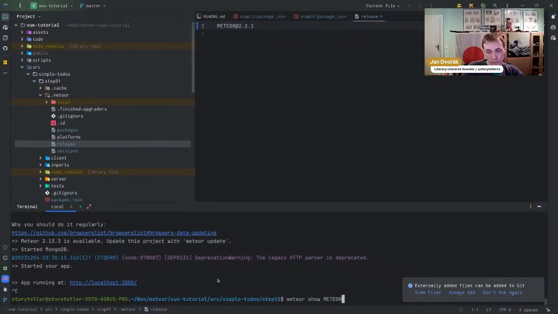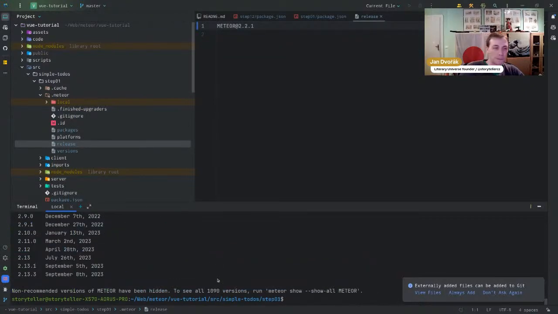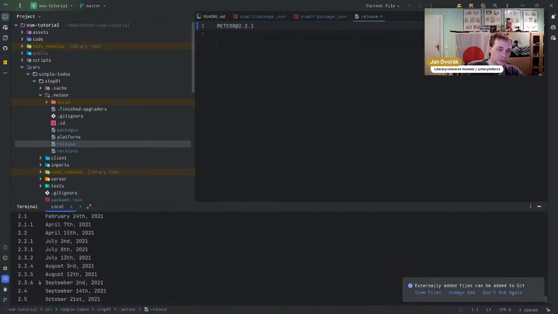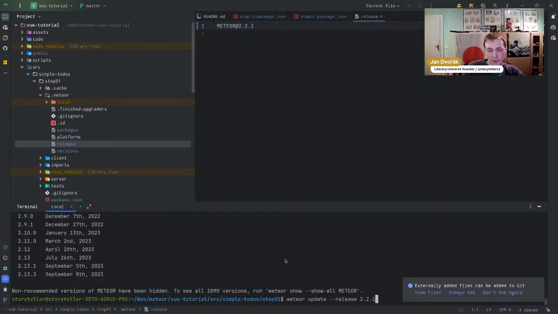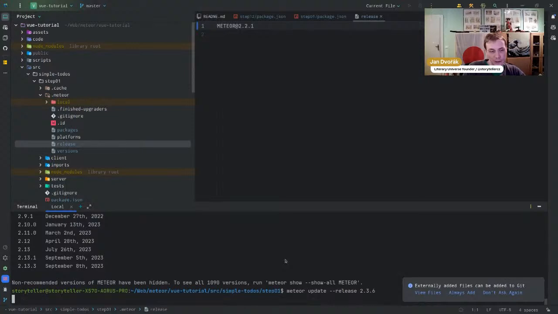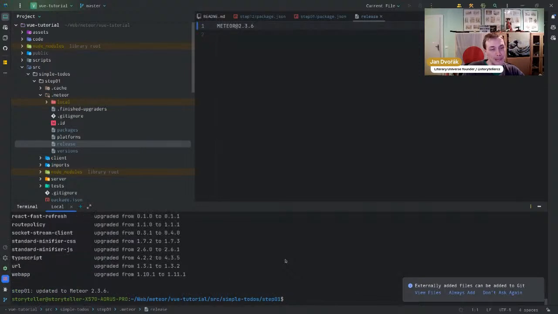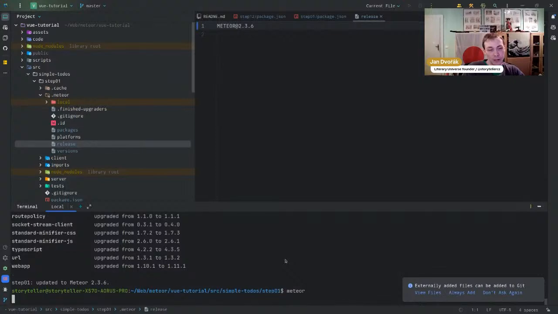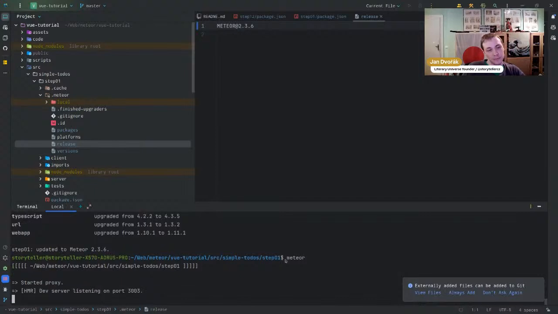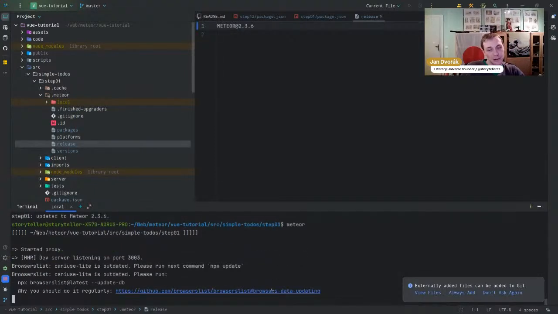So we did 2.2.1. Let's do 2.3.6. 3.6. And as I said, I think this will probably be the last time this is updated, because U2 we already have U3, so that's the future,